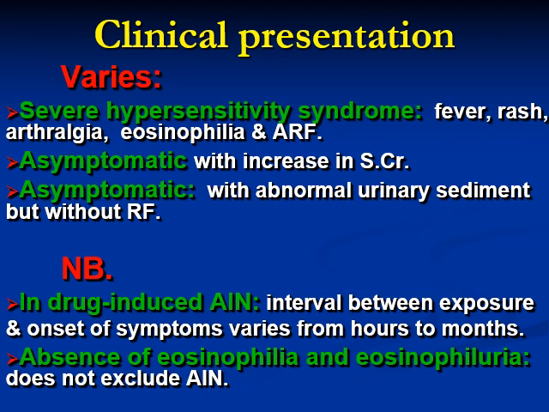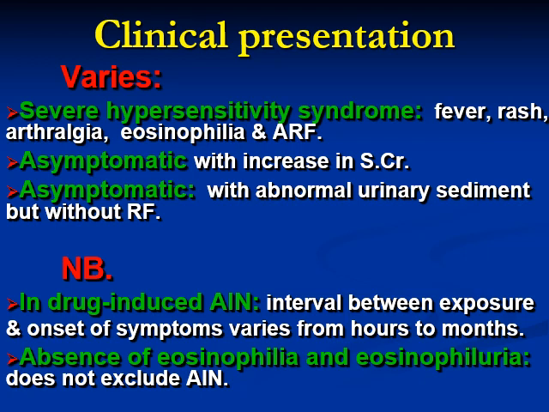The patient might be asymptomatic, but the investigations show a slight, progressive increase in the serum creatinine. The condition might be less severe, and the patient is asymptomatic without a rise in the serum creatinine, but